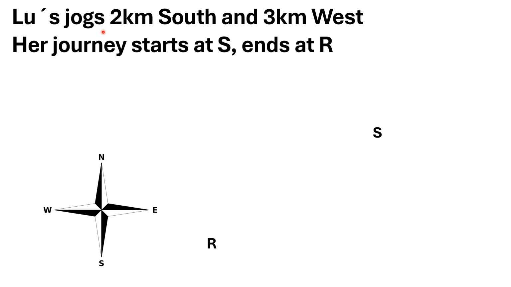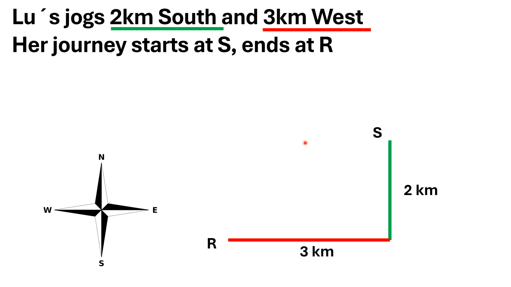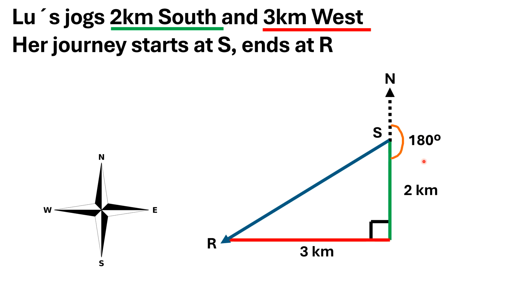So for example, Lou, she starts at S and she wants to end at R. To do this, she jogs 2 kilometers south, remember your compass directions, and 3 kilometers west or to the left. And we can use this to draw another line that makes this a right-angled triangle, which we're going to use. So if the question involves bearings, they will probably be mentioned. And so we're going to draw our north line, and we'll see that this is 180 degrees. We might be asked to figure out angle X right here. And so we're going to need to